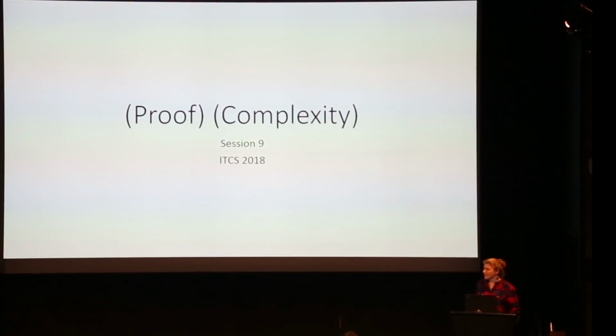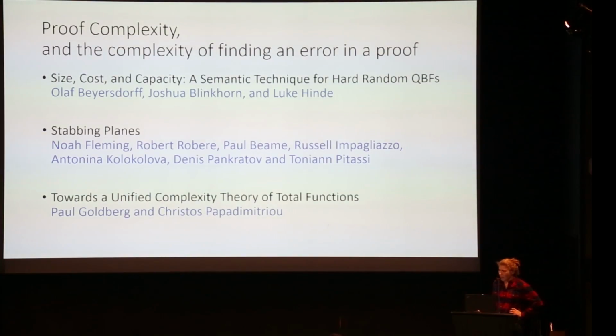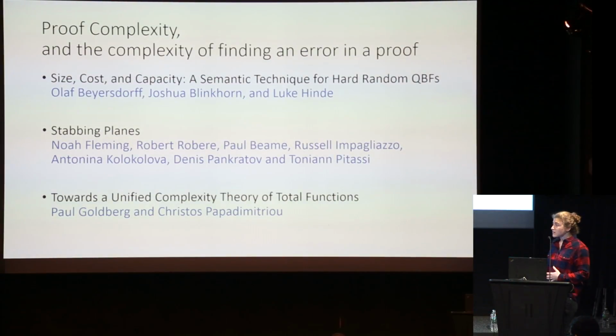Session 9 of ITCS, the proof complexity session. I have it bracketed like this because we have proof complexity in two different senses of the word, so I'll say a little bit more on that later. The themes in this session are both proof complexity and also the complexity of finding an error